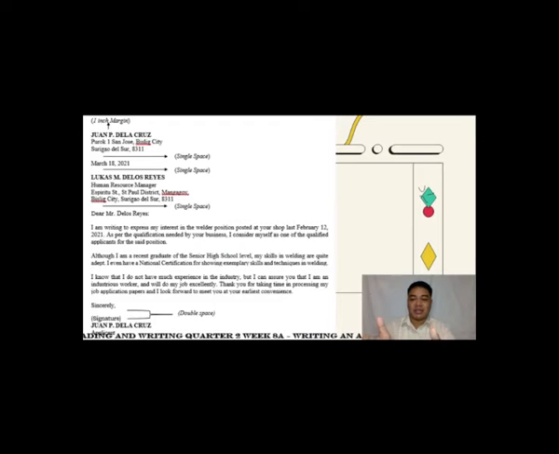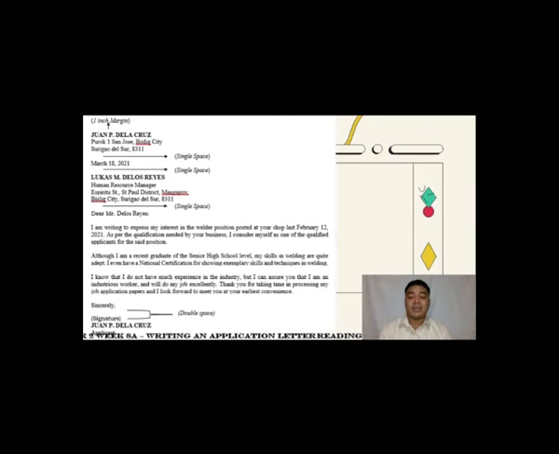Okay? Now here, although you can see it, I have put notes that there should be a 1-inch margin at the top, on the left side, on the right side, and on the bottom side as you write your application letter on your computers. Now here, Juan P. de la Cruz, Purok 1, San Jose, Bislig City, Surigao del Sur 8311. That is the heading, followed by the date it was written and